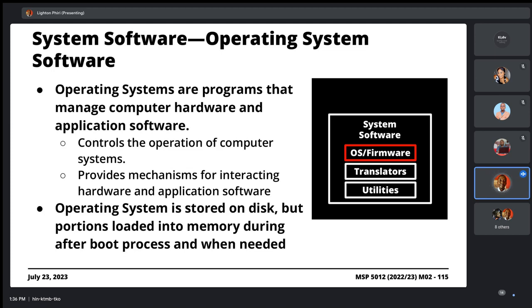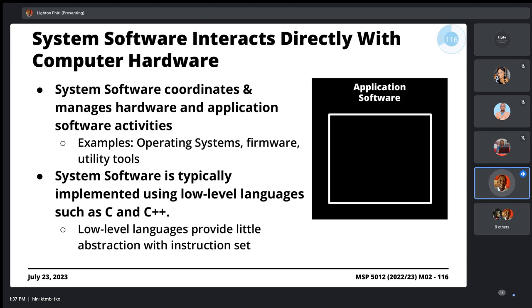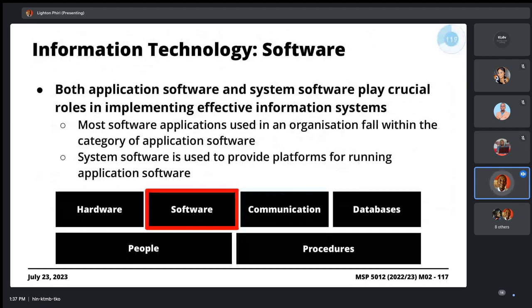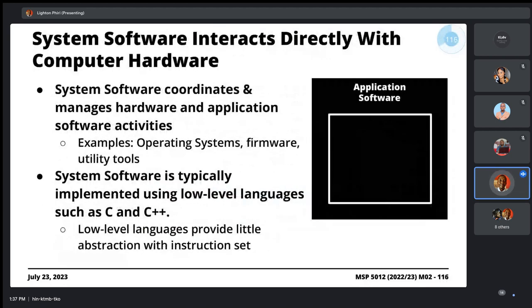The whole point of discussing operating system software for the purposes of what we are discussing in USP 5012 is to underscore the fact that a social protection management information system cannot run without operating system software. Just to tie the different pieces together, system software is the one that directly interacts with the hardware.